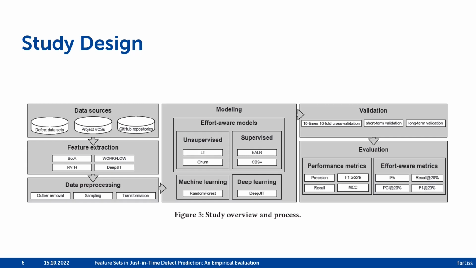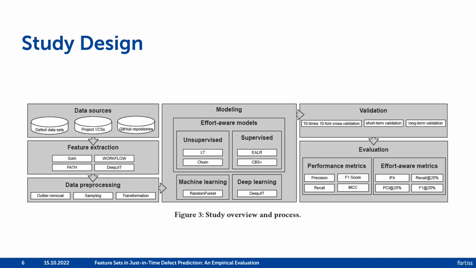We then used these features and the labels in the data set to learn just-in-time defect prediction models. We learned different models, also did learn effort-aware models. However, because of time constraints, I will not go into detail on effort awareness in this talk. We then evaluated all the results in 3 different scenarios. First, we did a 10 times 10-fold cross-validation, and then we did also 2 more timely evaluations. First, a short-term validation where we only use the last 2 months of development to predict the next 6 months,